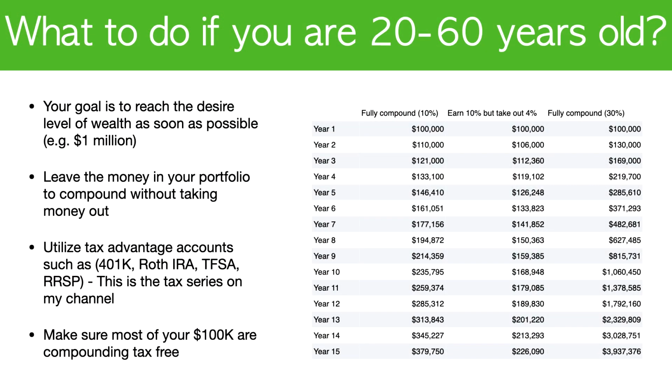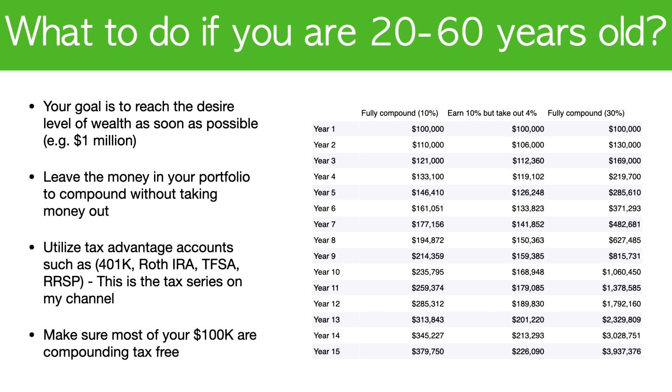Now on the right hand side, you will see the table I've created for you. Now the first column you see is that if you have $100,000 and you fully compound it without taking any money out or putting any money in, and you make 10% per year for the next 15 years. Now this is actually quite interesting because you can see that if you are starting to plan for retirement when you're 50 years old, you start with 100,000, of course you will save more money, but then if you keep compounding without taking money out, let's say in a 401k or a Roth or TFSA or RRSP, at the end of 15 years, you'll be at